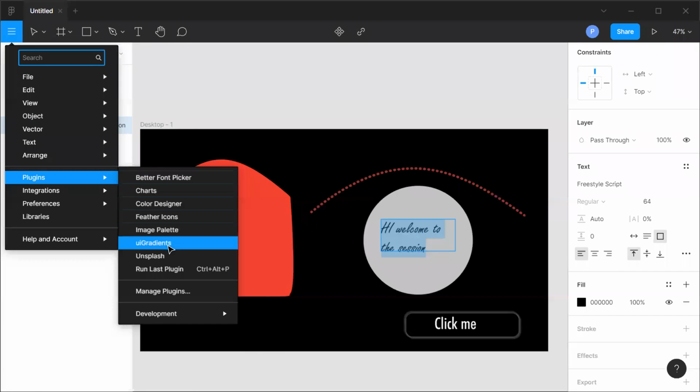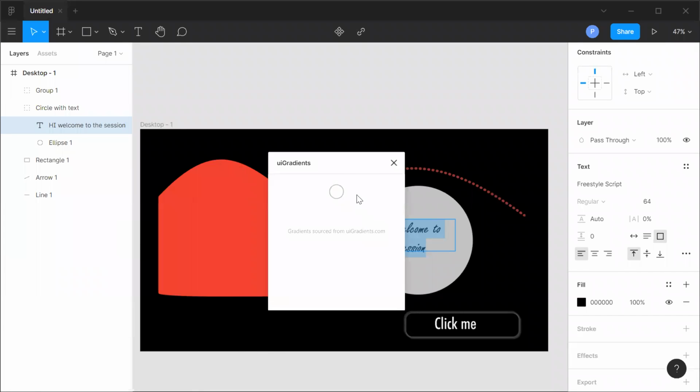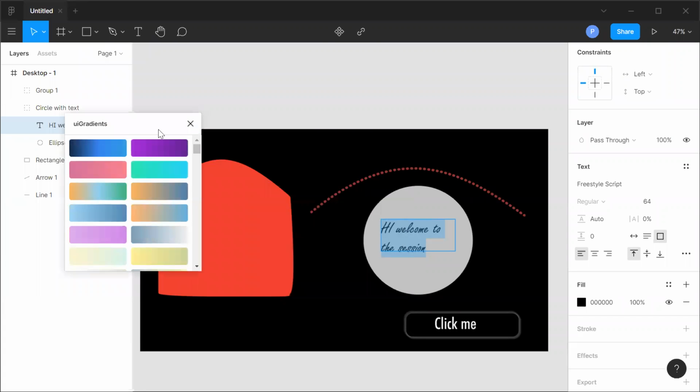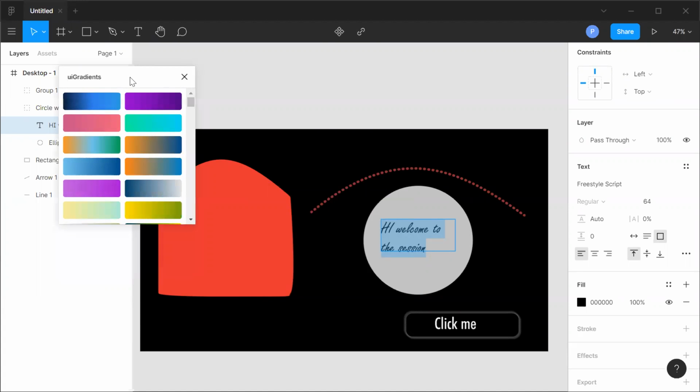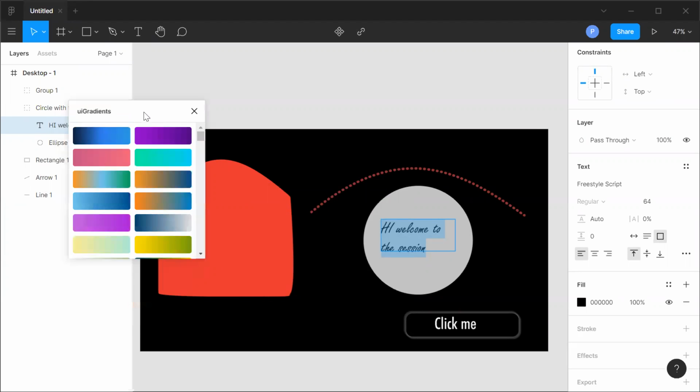is called UI Gradients. Most of you will love this if you are a fan of using gradients, because somehow when you start with these visualizations and you see all those background templates, color selection is, I think, one of the hardest parts, because playing with colors, I don't know, that was my thing where I lagged most, and fonts was also one of the things where I lagged most. So with the help of this UI Gradients